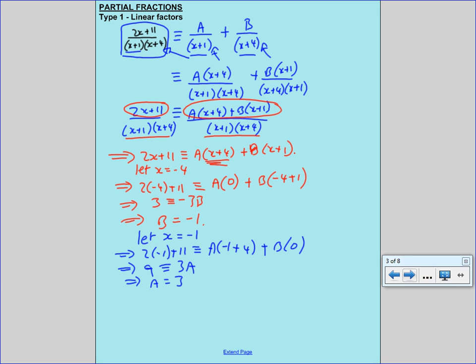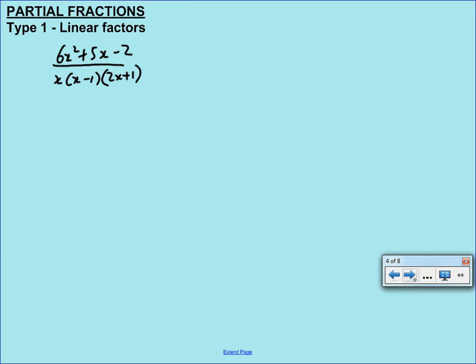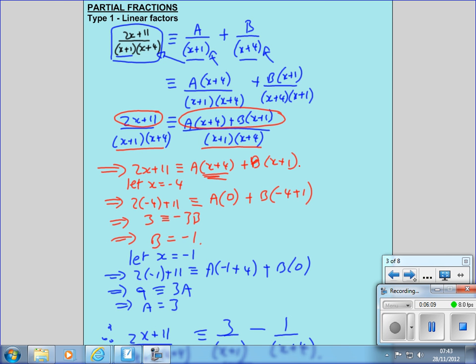So my finished form is that 2x plus 11 over x plus 1, x plus 4 is the same as 3 over x plus 1, because a is 3, minus, because b is minus 1, 1 over x plus 4. That's that first example done. It's been put into partial fractions. Let's do it again, except this time,